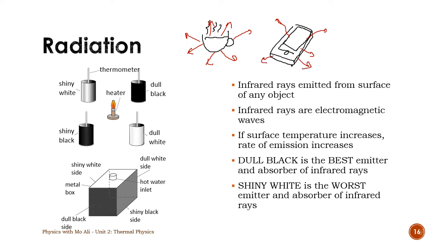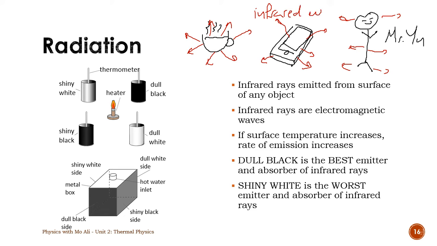Or maybe you have Mr. U sitting in the summer, the weather is hot, he's sweating, and his body is emitting heat from the surface of his skin. All objects emit radiation, and we call this type of radiation infrared